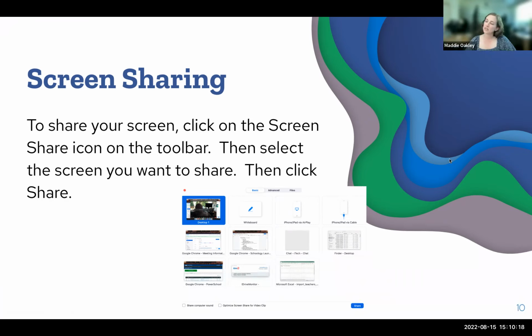One thing to keep in mind is if you are working on a new computer where you haven't used Zoom since using the new computer, if you click share screen, the first time you might have some X's on this menu. That's because in your system preferences, you need to go in and allow Zoom to share your screen. So that's one thing to keep in mind. You should get a little window that pops up and says you need to open system preferences and allow Zoom to share. It will require you, if you're in the middle of a meeting, to end the meeting and reopen Zoom. So just something to keep in mind.